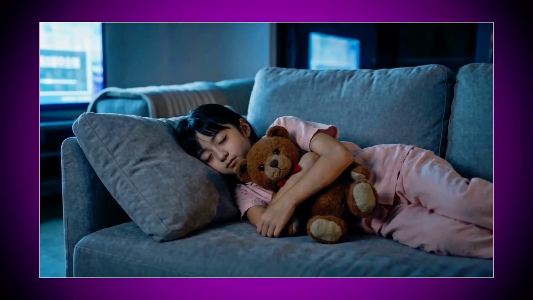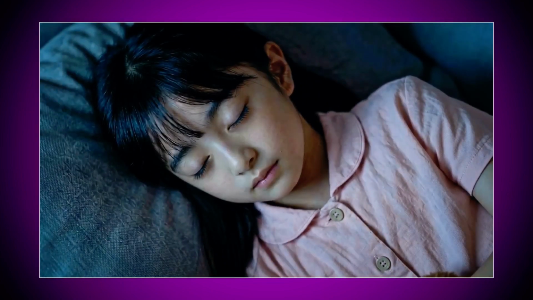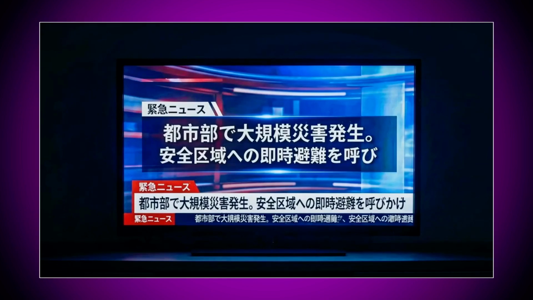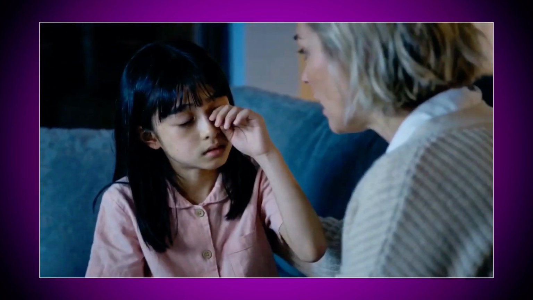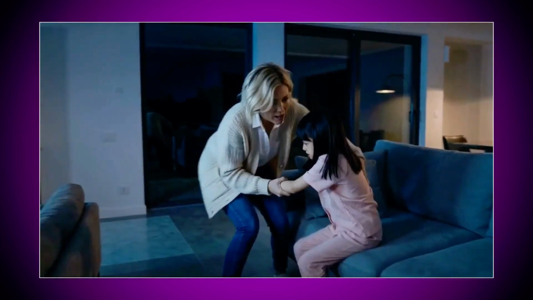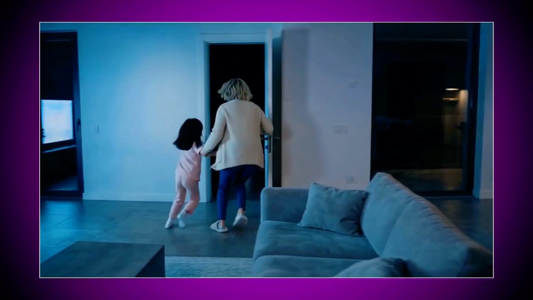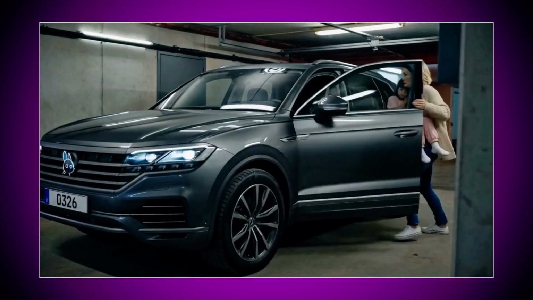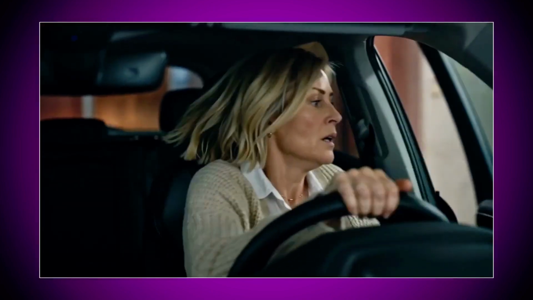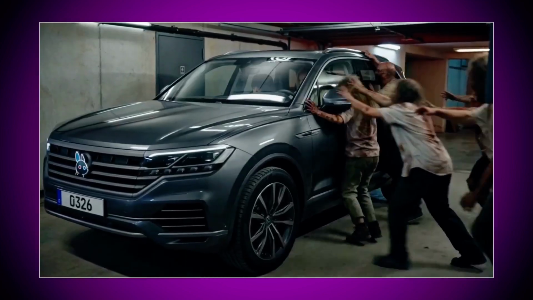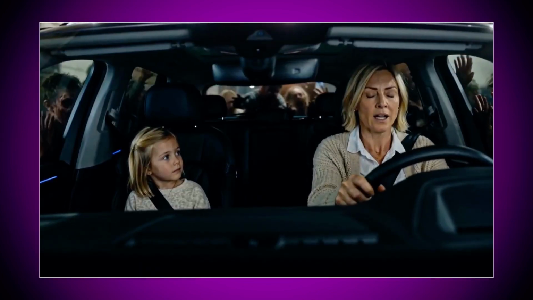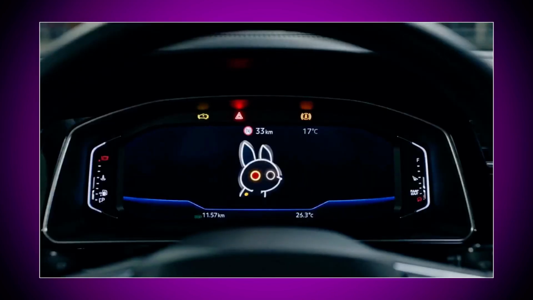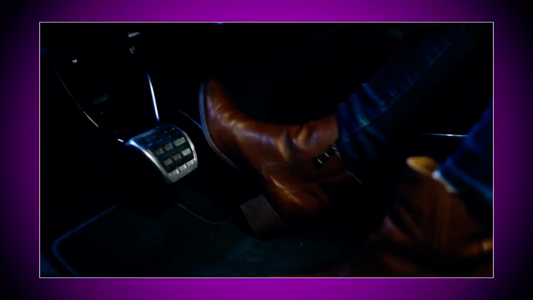市部で大規模な災害が発生しました。住民の皆さんは住むだけに安全な場所へ避難してください。 ママ、急いで早く行くよ。はいかな。 おはようございます、ご主人様。 車の状態は？